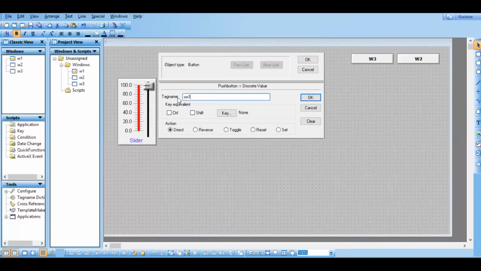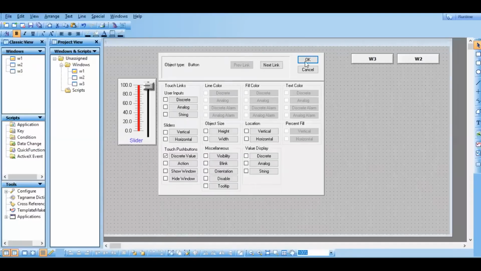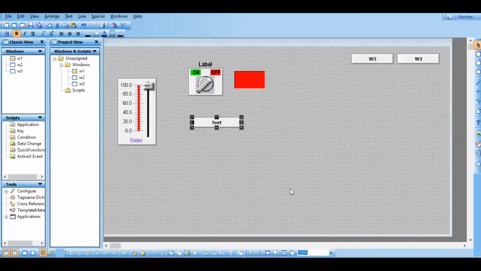See here, I have given the tag name. These actions and all we have discussed already in the previous sessions. I hope you remember. If you can't recall, go back to the previous session and check the push button session. There we have seen everything. Now I'm going to choose this toggle. Go for OK. This is also a switch. Keep it over here. When you go to runtime,